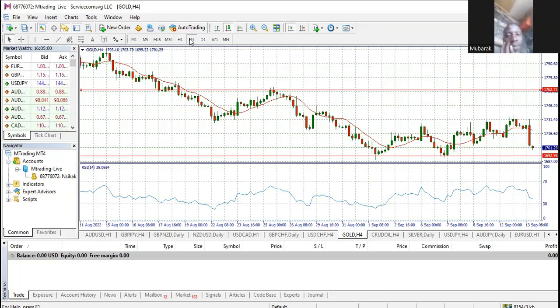The same thing I told the people I'm giving signals: close all trades. Everybody close. And well, now we can see the effect of the news. So I'm not going to tell them to take the trade. Instead, I'll wait till after the effect of the news, then I can give a signal and take the trade.